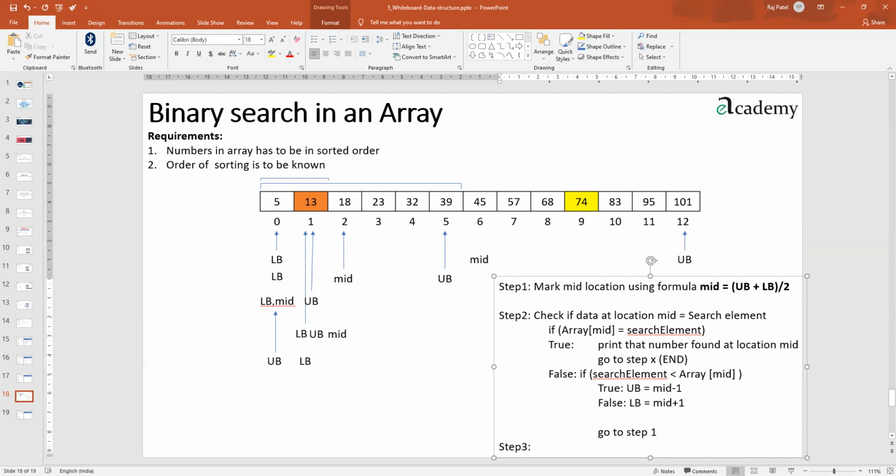Means compulsory go to step 1, but with one if, because in both the cases go to step 1 was there. Here I'll put one if: LB is less than or equal to UB, that is true, then only go to step 1. If it is false, if ever this statement becomes false, print that number not found